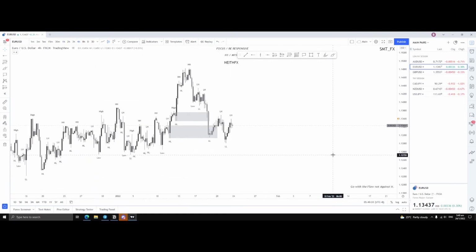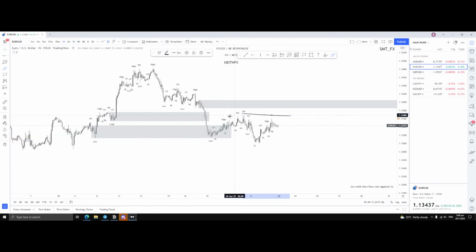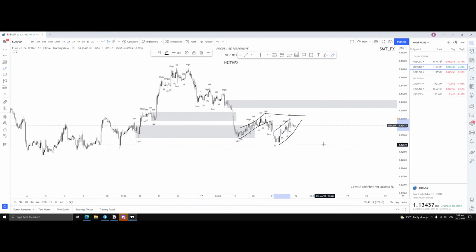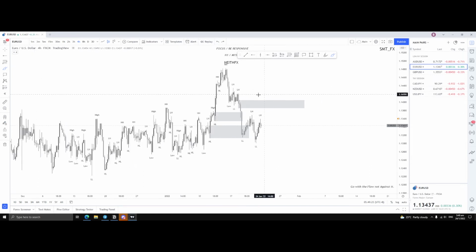Now, we can possibly look for shorts in this region here, right? Because we can see that there is some form of liquidity building up over here, with price just ranging around and creating some sort of a movement. Now you can tell that this isn't necessarily bullish movement as well, because we're not really breaking any significant points